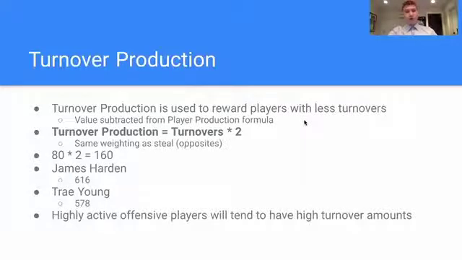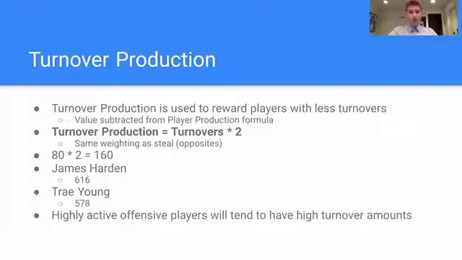The final variable in the player production formula is turnover production. Turnover production is used to reward players with less turnovers. This variable is unique because it's subtracted from the other variables. The turnover production is equal to turnovers multiplied by 2. The same weighting on turnovers exists on steals. This is because a steal gains possession for your team, while a turnover loses possession for your team, making them